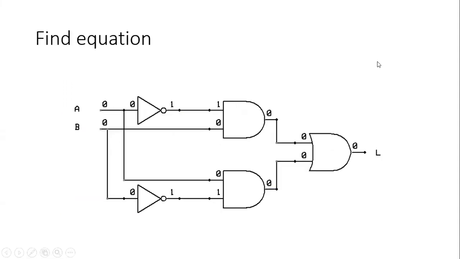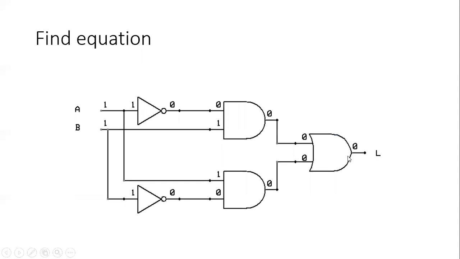Now here, this is the question. Equation. Don't worry about zeros and ones. Can you make an equation out of it? See, first is a NOT gate, then an AND gate and an OR gate. In the same way, NOT and AND go back to the OR. Try to make an equation out of it.